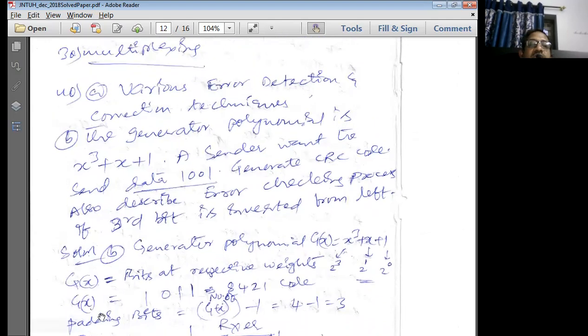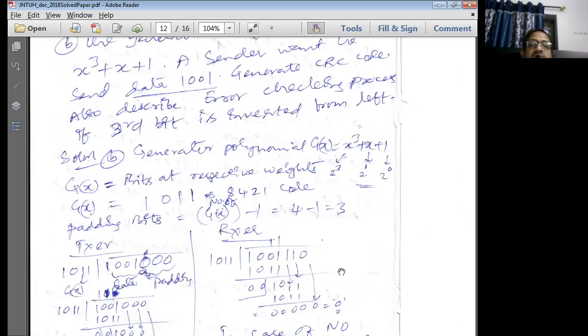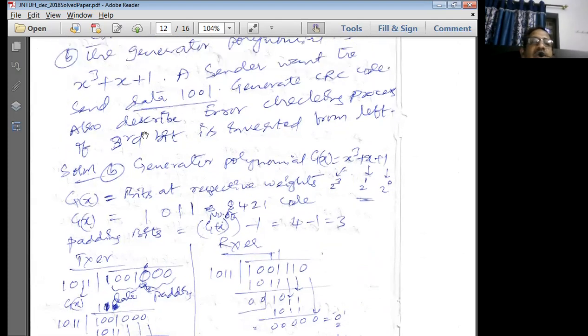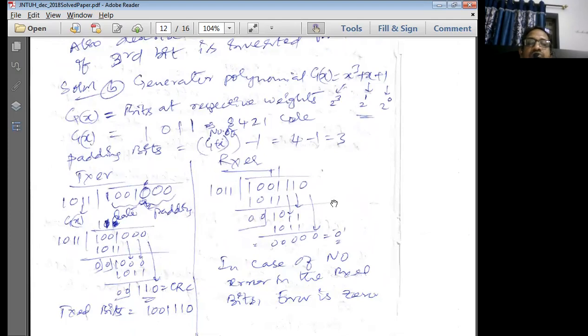Now you can put this method in words and simply explain the operation of the CRC method. Take some example in the end exam also, and I think you can remember this example very easily to solve, because it requires very few bits. So you can use this to explain in the exam as well. Okay, in case a problem is given, based on the problem's number of bits, you have to solve for that.